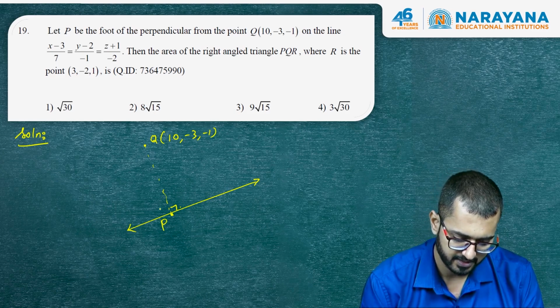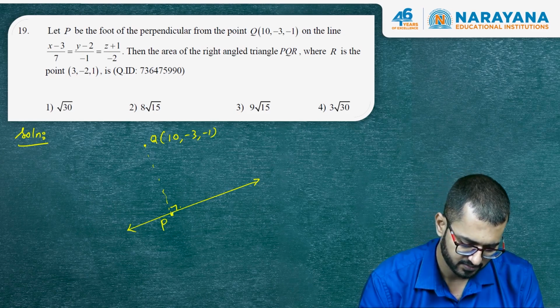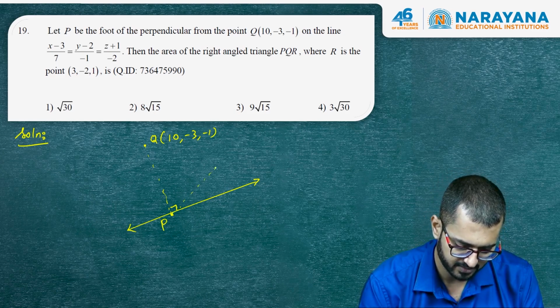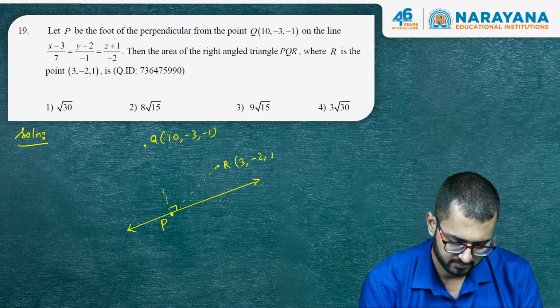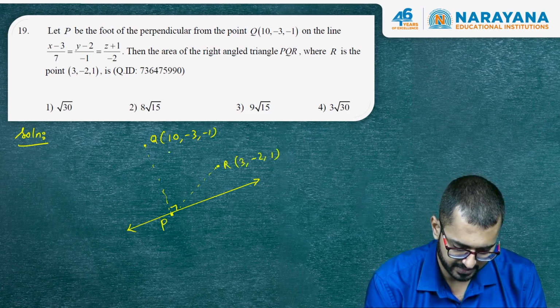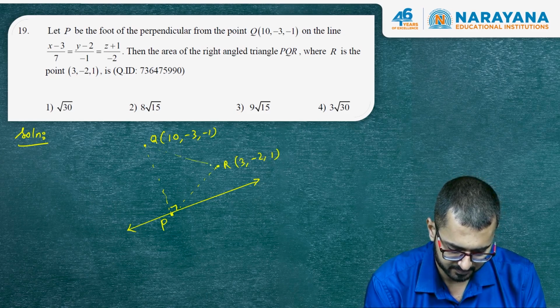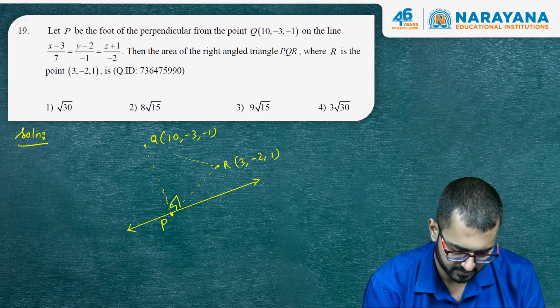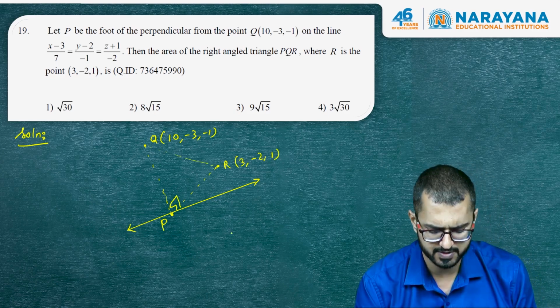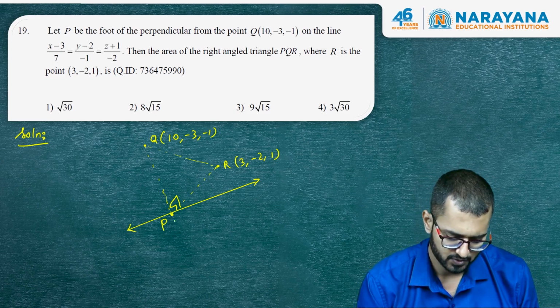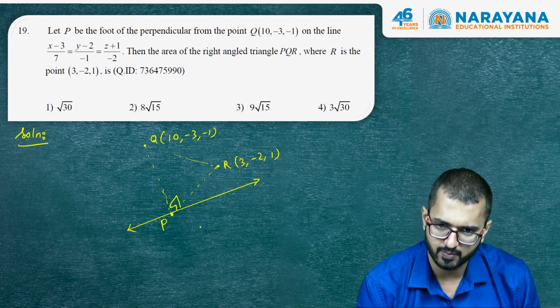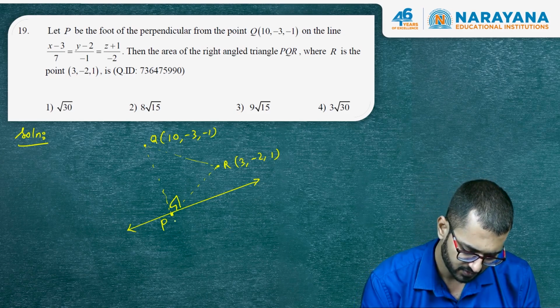Then the area of the right triangle, triangle PQR. So it's somewhere going to be my another triangle now, R. So we have to find out the area of this right angle triangle PQR. That means our goal is to get P. So our goal is to get P, which means we have to get the foot of perpendicular. So let the foot of perpendicular be